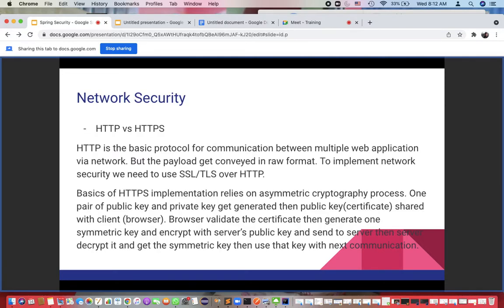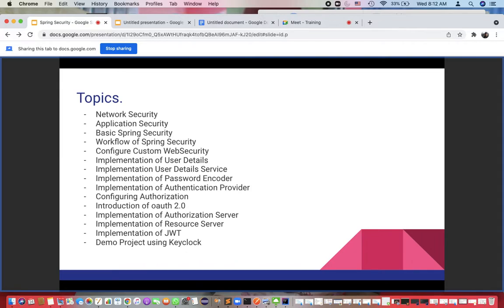So I think the first initial idea is, what is HTTP and HTTPS? Can anyone tell what is HTTPS? Okay, let me stop this slide. So can anyone tell what is HTTPS?